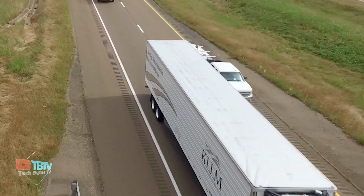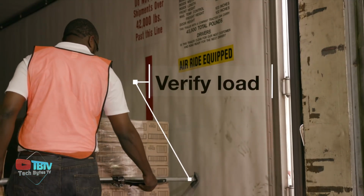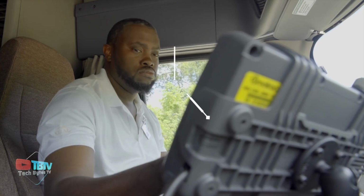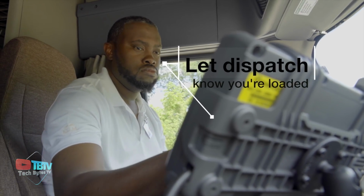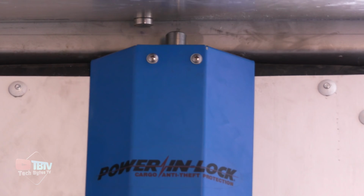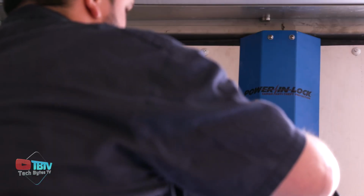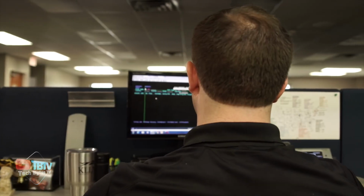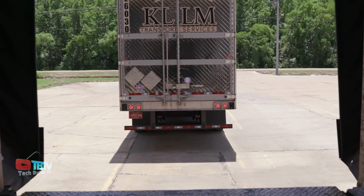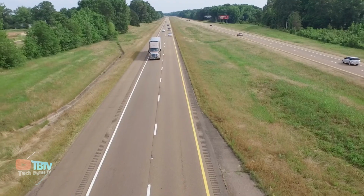With this system, KLLM can provide shippers with tangible proof that their products have not been tampered with in transit. KLLM's more than year-long relationship with Q Products and Services ensures the effectiveness and reliability of the Power Unlock system. Headquartered in Jackson, Missouri, KLLM is a leader in temperature-controlled transportation services, providing long-haul, regional, and dedicated service throughout the United States and Mexico. With 50 years of experience, KLLM excels in the safe and reliable transportation of perishable products,